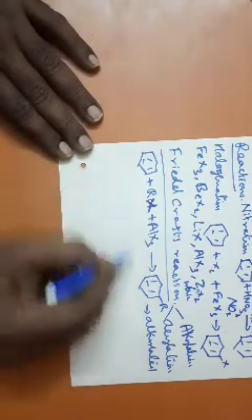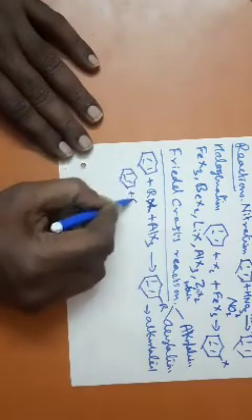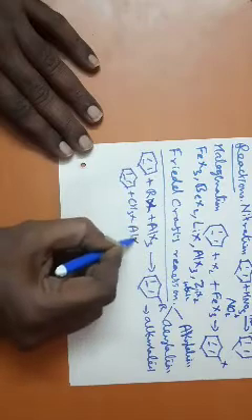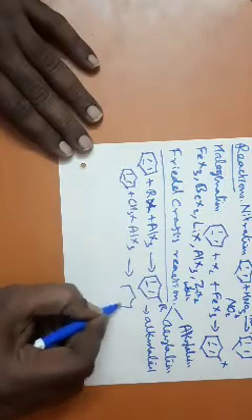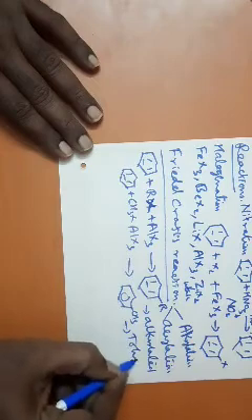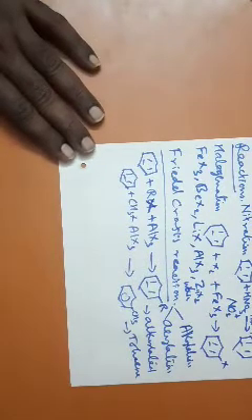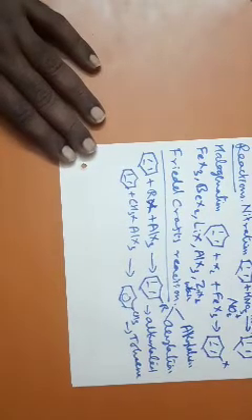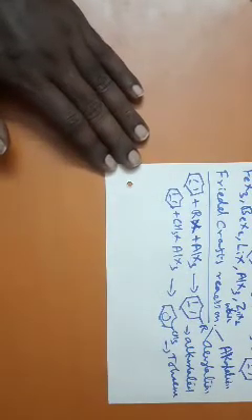For example, if benzene is treated with any methyl halide in presence of aluminium chloride or any aluminium halide, you get toluene as the product. This is a Friedel-Crafts alkylation reaction, formation of toluene from benzene. When it is treated with methyl chloride and aluminium chloride, or methyl halide and aluminium halide, it gives you toluene.